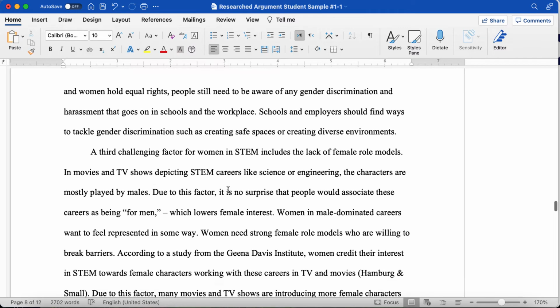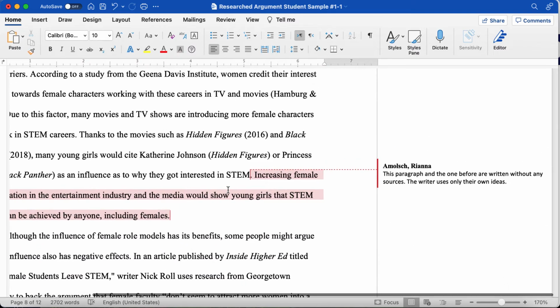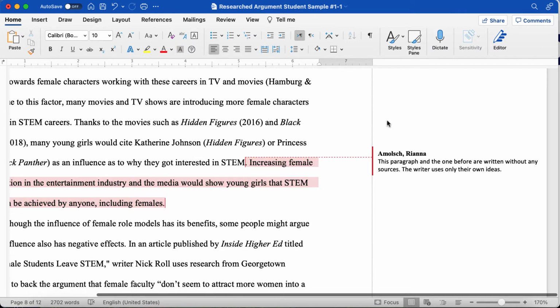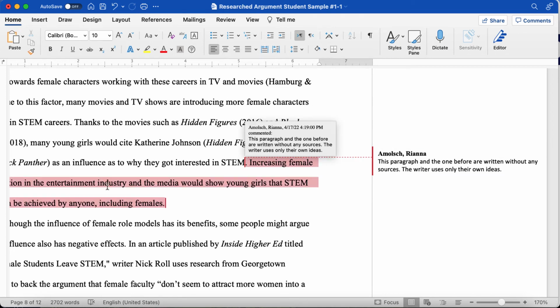And that brings us to almost the end of page 8, where I leave a comment that this paragraph and the one before it are written without any sources at all. The writer uses only their own ideas in this paragraph and the one before. So, you know, I'm not saying any of your paragraphs have to be without sources per se. I'm only remarking that it's impressive that a student in the middle of a research paper, or as they're winding down their research paper, is able to write a large bulk of the text without any research at all,